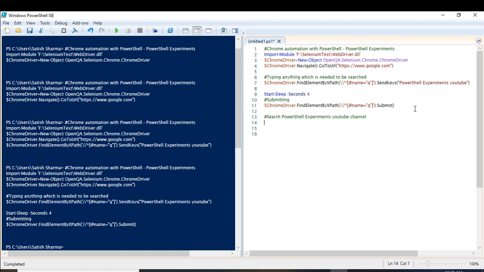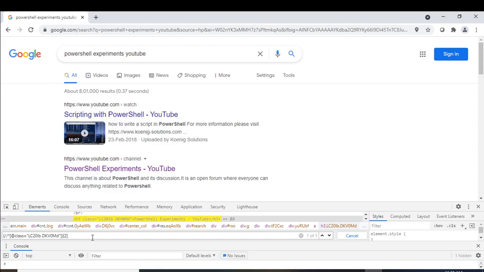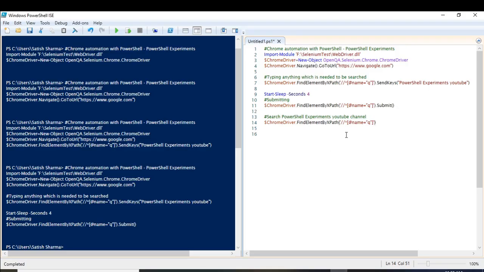Okay, how will I be searching? I'll be using the same line of code. I'm not going to type it, I'll just use this. Okay, and now let us copy. Now let us paste here.